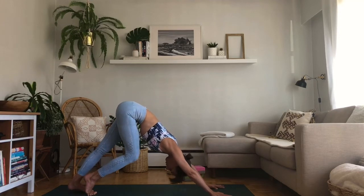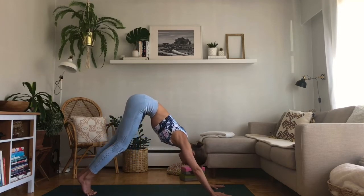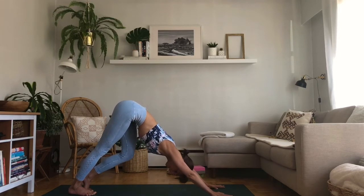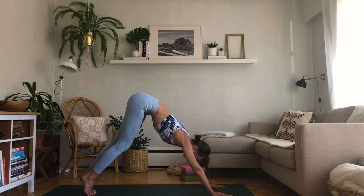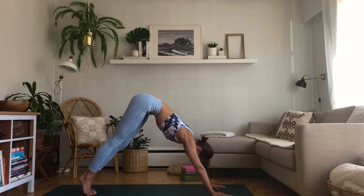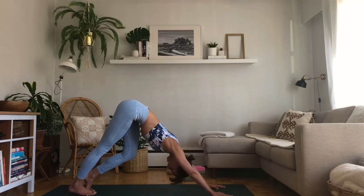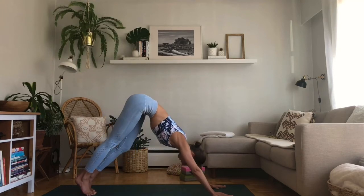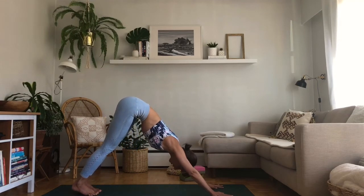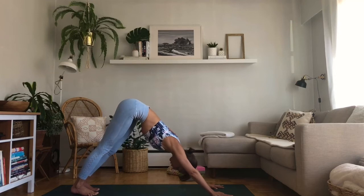Notice, keep on noticing where you feel the stretch. How are your hamstrings doing today? Or maybe this morning, depending on what time of the day you're doing this class. It's early morning for me, so I can definitely feel it a lot. And then slow it down and let's find some stillness in our down dog. Let's just hold the shape,